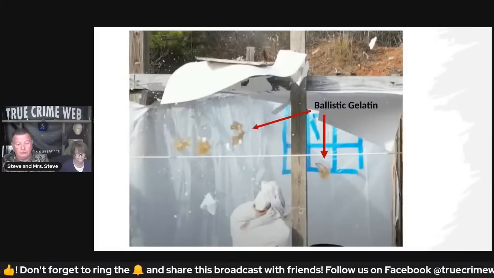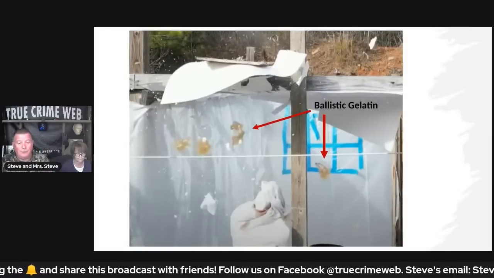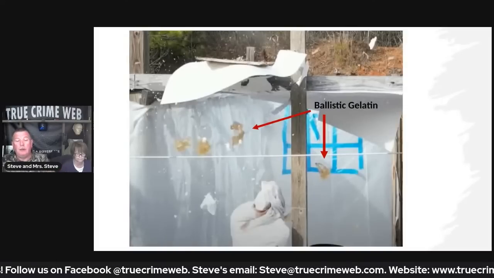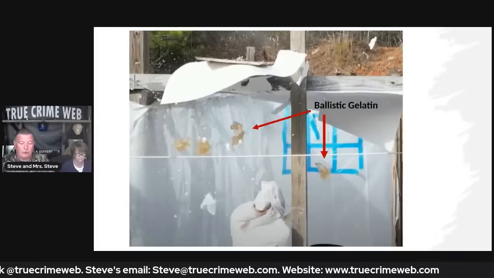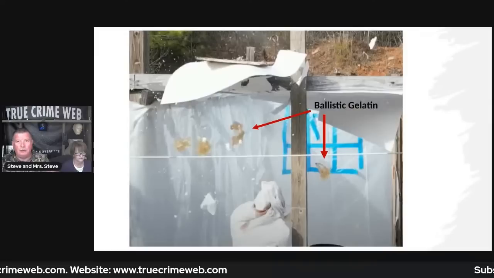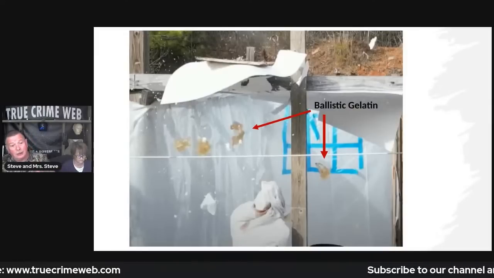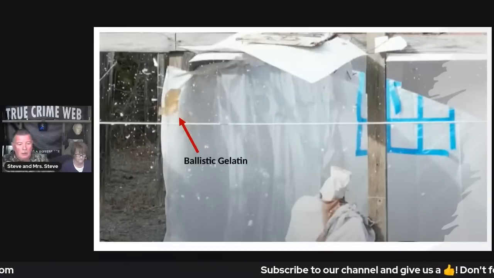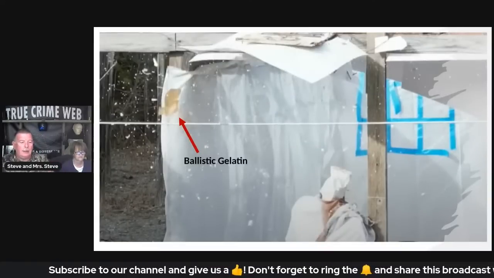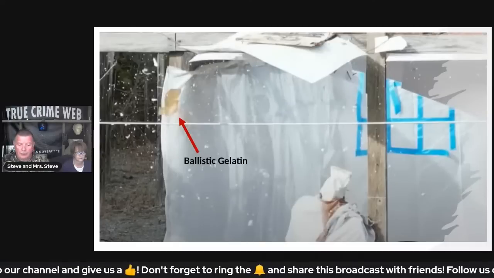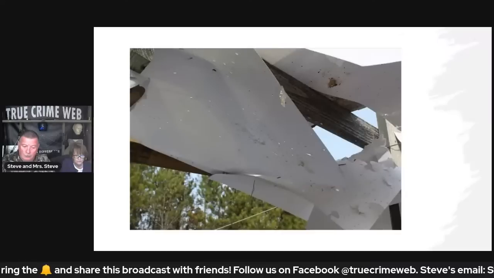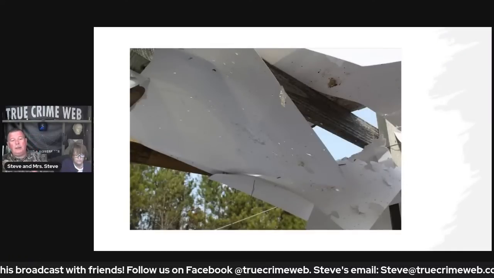Then, just a fraction of a second later, you can see some of the ballistic gelatin as it moves out further in that circle, going in every direction. Some of it went behind him, some of it went forward and to the sides. There's ballistic gelatin everywhere. There's ballistic gelatin in the ceiling. Then a fraction of a second later, it continues to move outward. And of course, you have Manny the mannequin with his catastrophic destruction.